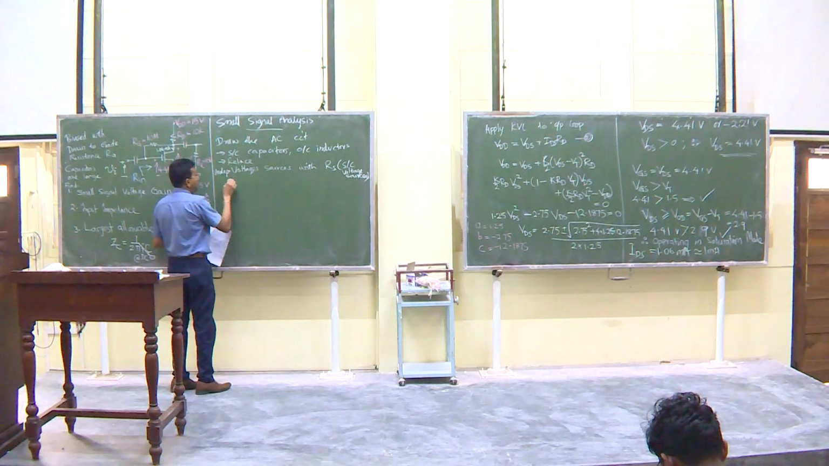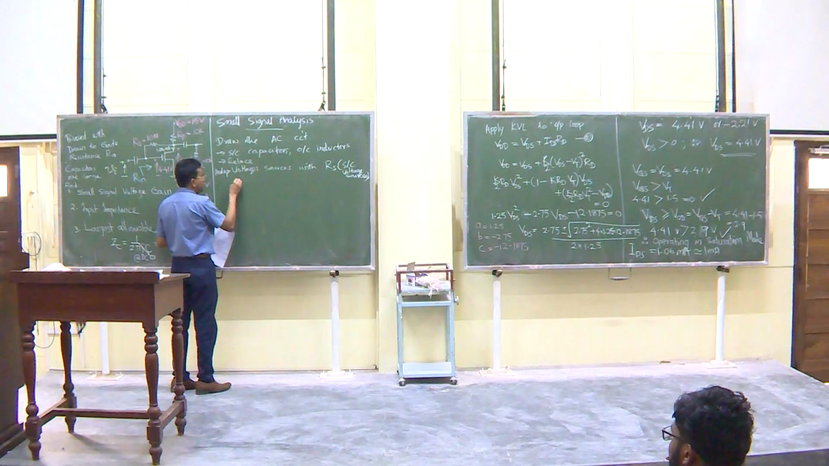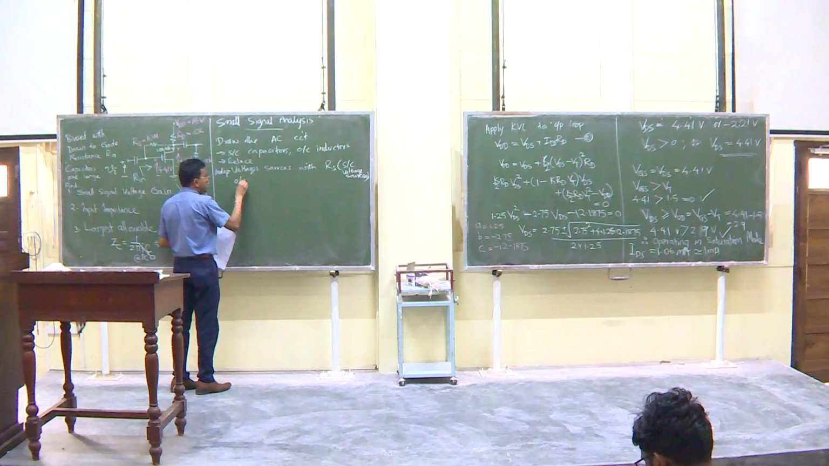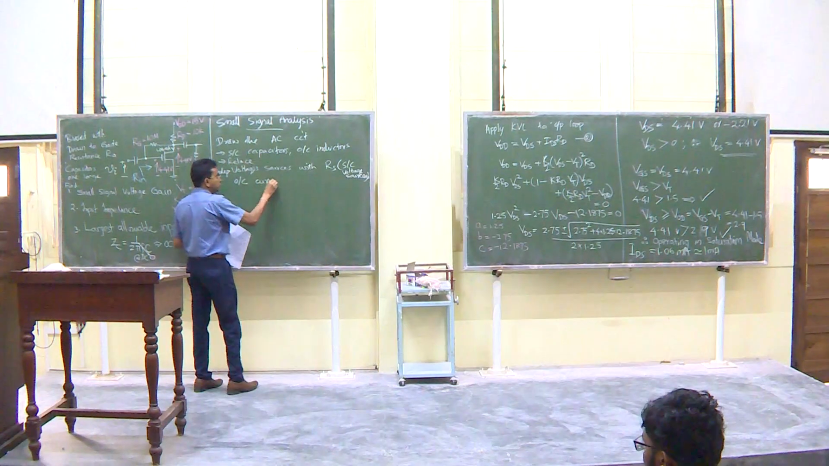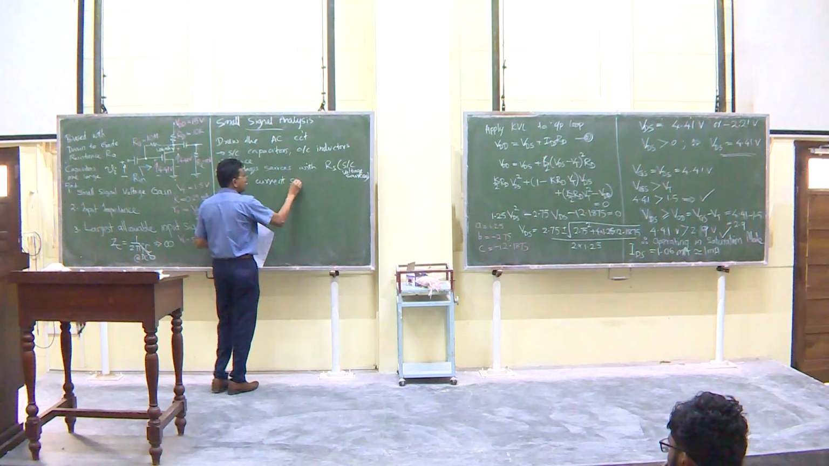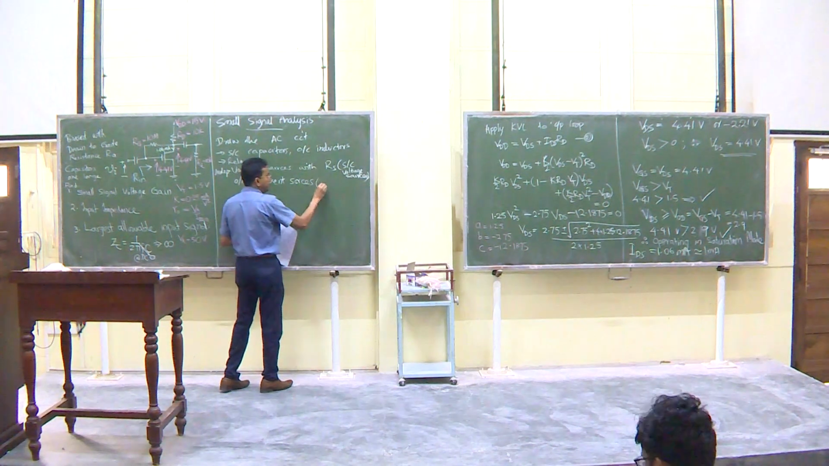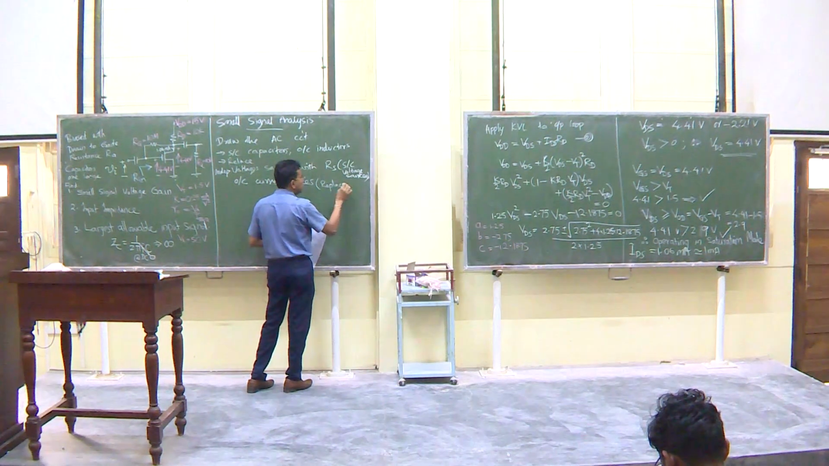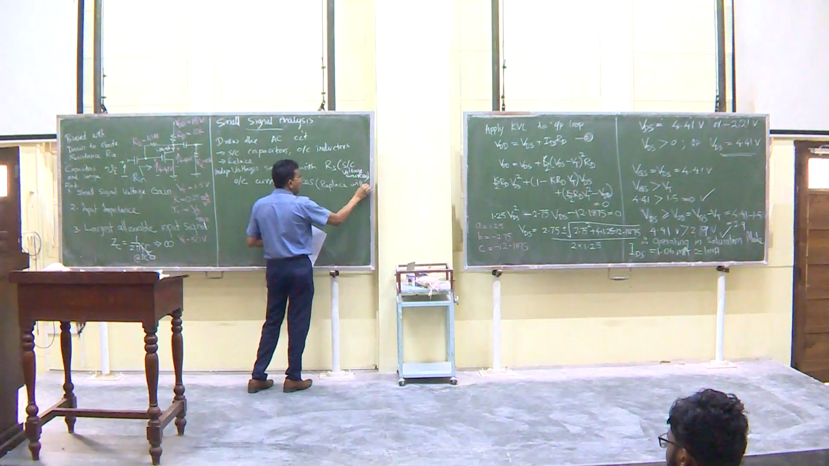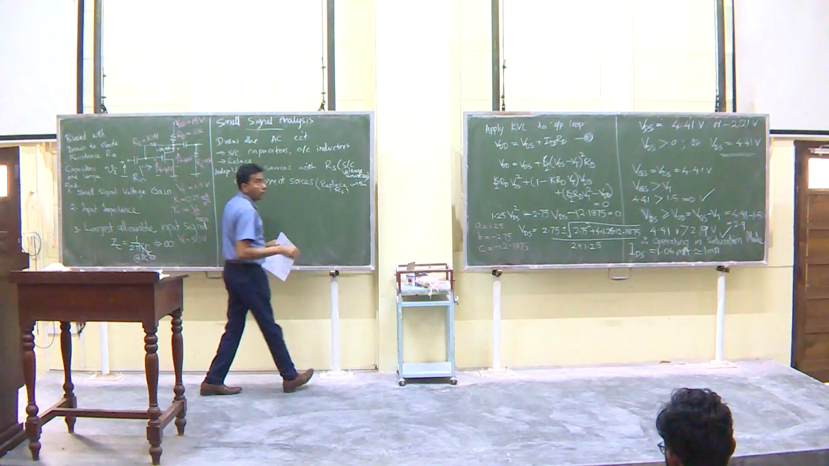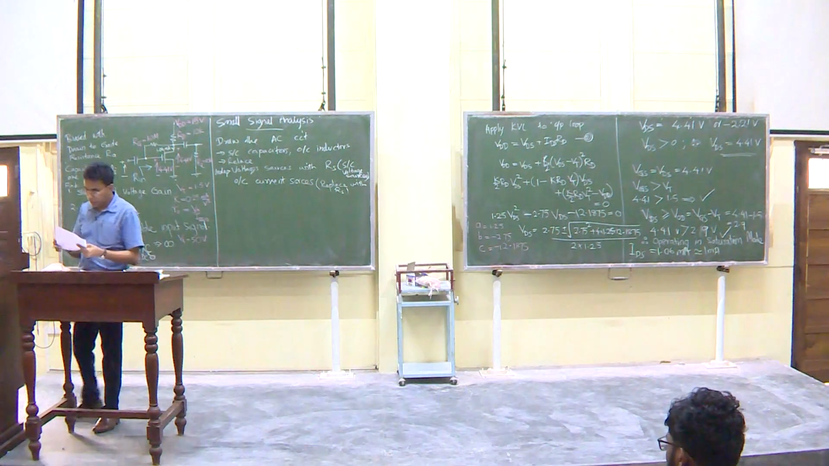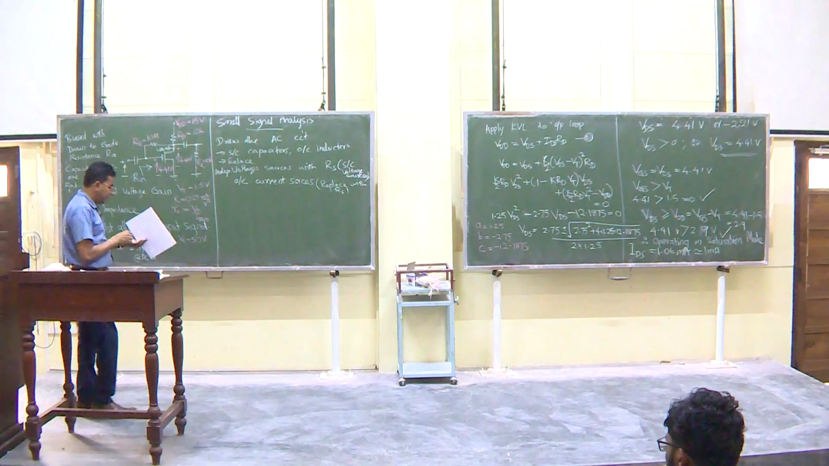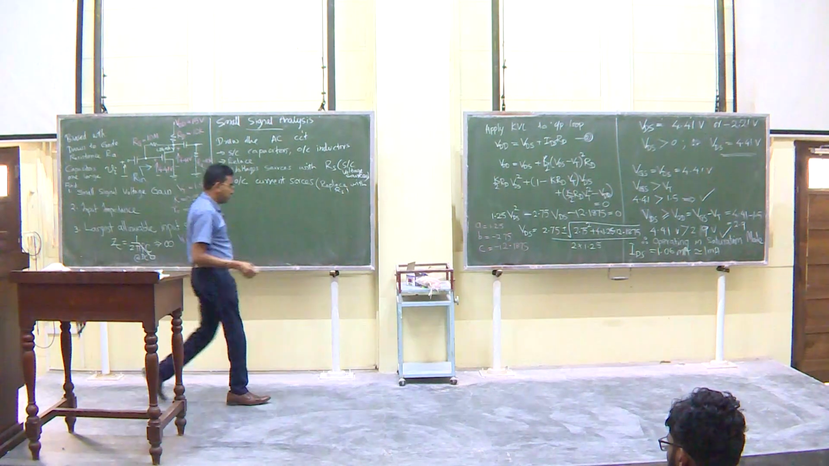And similarly, if you have any current sources, open circuit current sources, or replace with RS. Okay, so that is basically what you would do. So, if you do that, the circuit that you get,